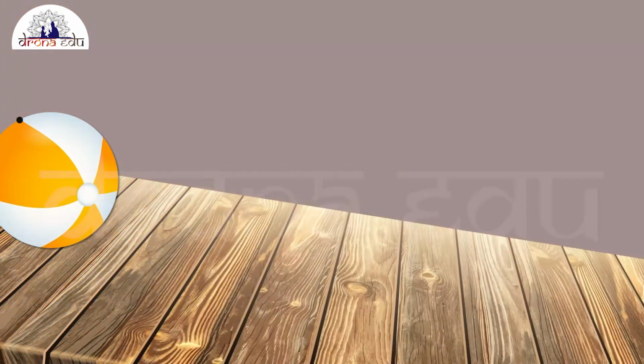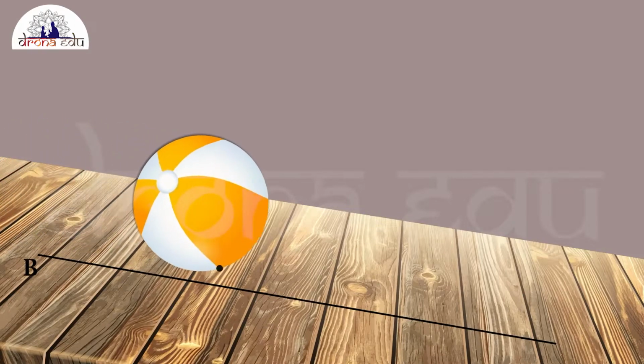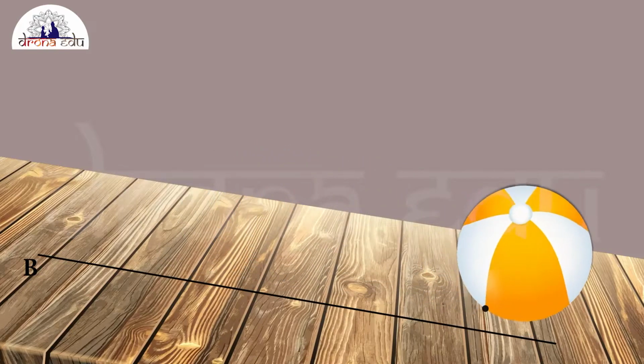For that, let us take a plastic ball which is circular in shape in 2D view. To know the circumference, we shall attach a pin mark to this circular ball. Now let us roll this ball on a surface. We are naming the initial position as B, and when it rolls, it travels some distance. That final position will be named as A.